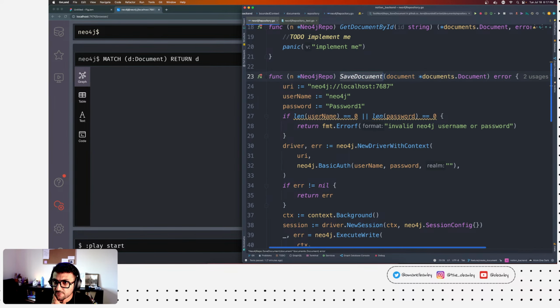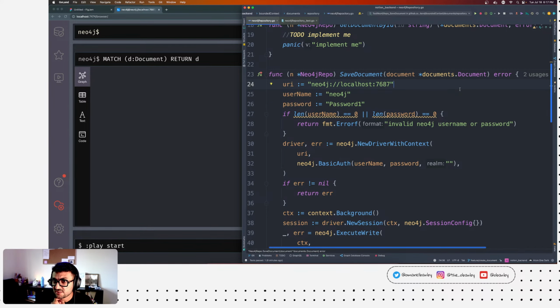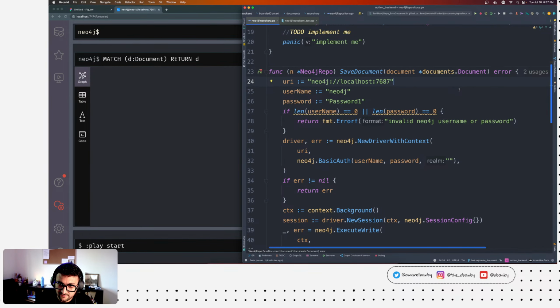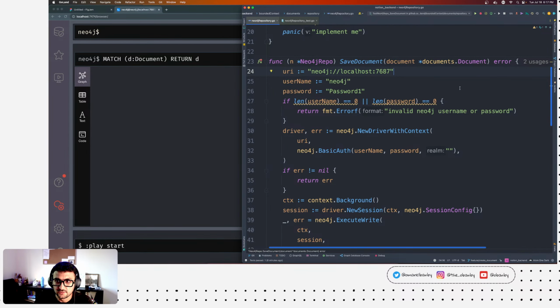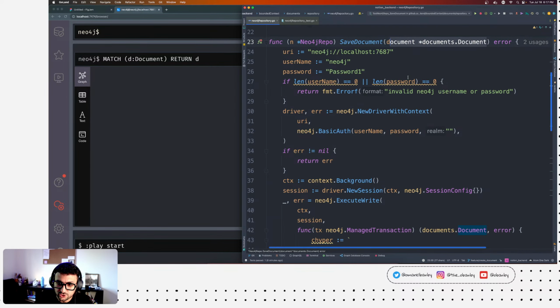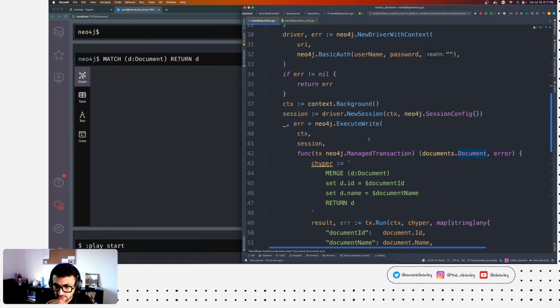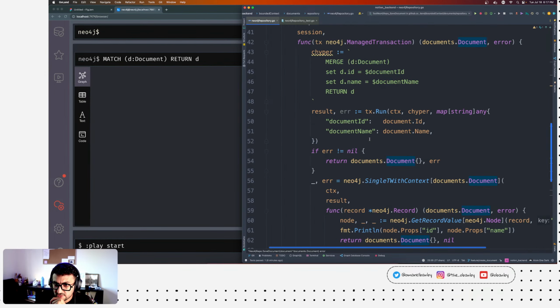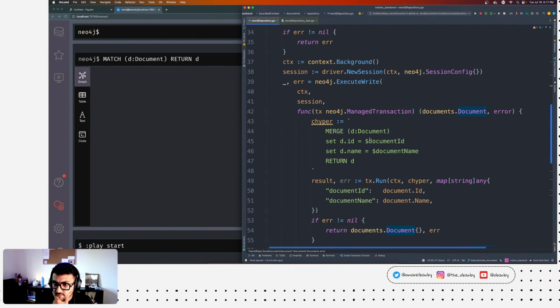Also, the saved document really returns just an error, so we don't care about the document that you're gonna get back, because if it doesn't fail, the client already provided the document that he wants to create. So why return it and recreate it? Okay, so that's something that we want to change.